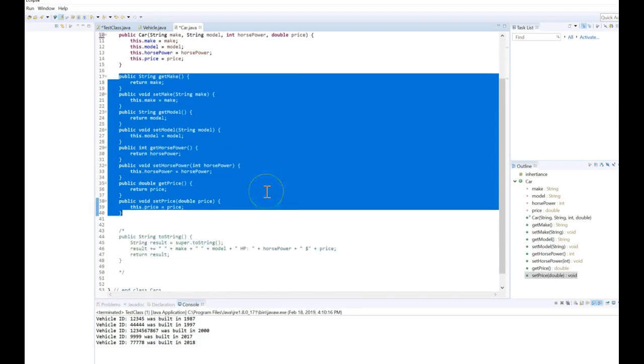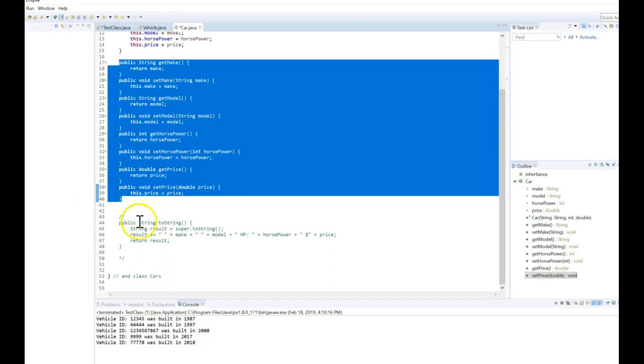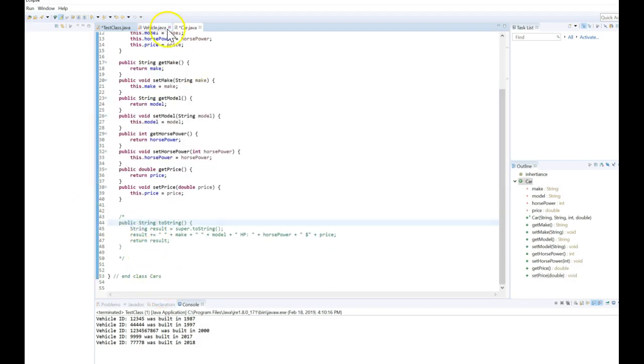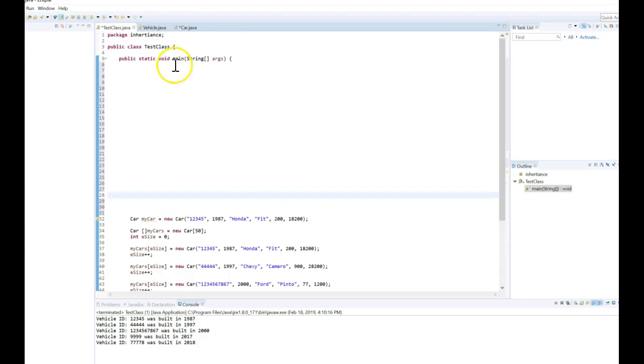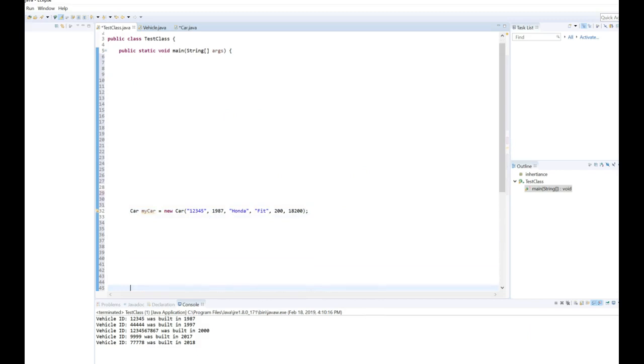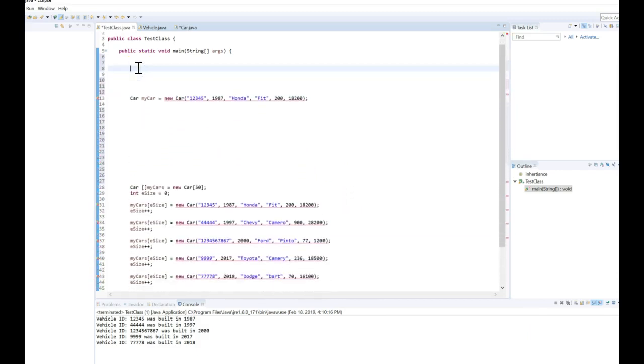I'm going to have my toString. We'll talk about that later, and that's the end of my class. So here I am back in my test class. My test class is going to be pretty simple. In my test class, I'm just going to make a single vehicle, a single car,